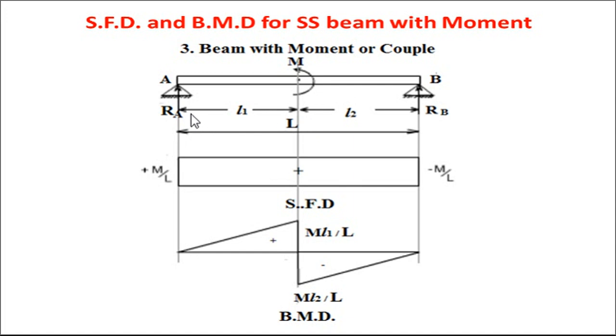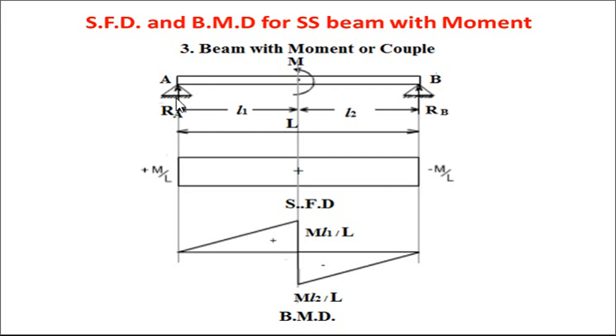Now see the support reactions RA and RB. Whenever you draw the free body diagram, you have to remove the given supports and show the reactions RA and RB. Then you write: summation of Fx is 0, no force. Summation of Fy is 0. In the y direction there are only two forces, so plus RA plus RB equal to 0, because there is no vertical load. It is a moment, and moment will be added only in the moment equation. Okay, that will be equation 1.